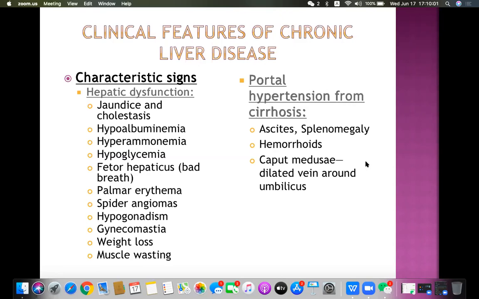Now, what is cirrhosis? Cirrhosis means there is extensive fibrosis going on inside the liver. This fibrosis compresses all the hepatic sinusoids, and as a result the blood coming from the portal vein is blocked. This blood cannot flow forward, so it develops back pressure and the blood remains inside the portal vein. This is known as portal hypertension because of cirrhosis.